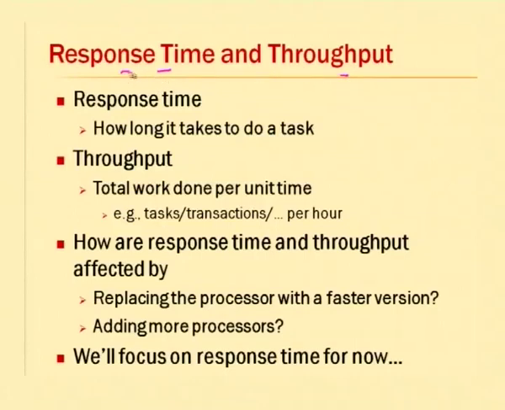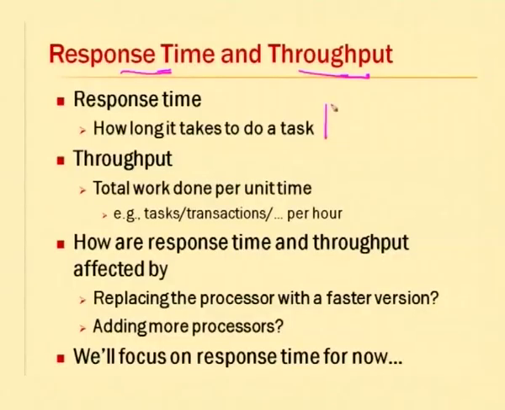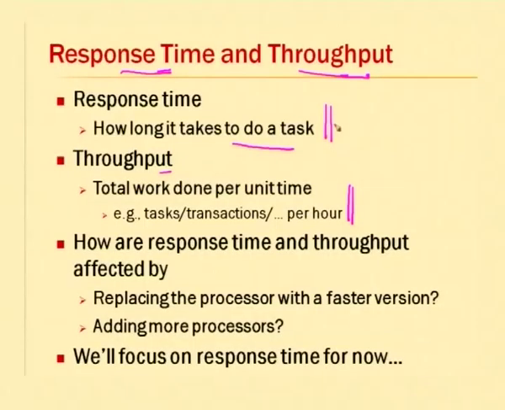Okay. So, response time and throughput are two terms that you would have come across with respect to computer systems in many other subjects that you have studied. Now, we will look at what is meant by response time and what is meant by throughput. Response time basically talks about how long it takes to do a task. So, this is very important for us. Response time is how long it takes to do a task, and throughput is the total work done per unit time. Remember, these are two parameters that we come across in many subjects, and it is important to understand this correctly. So, response time in general talks about how long it takes to do a task, and throughput talks about the total work done per unit time.